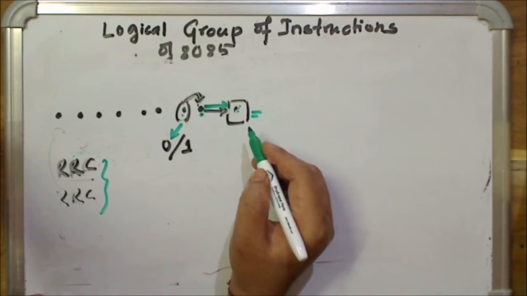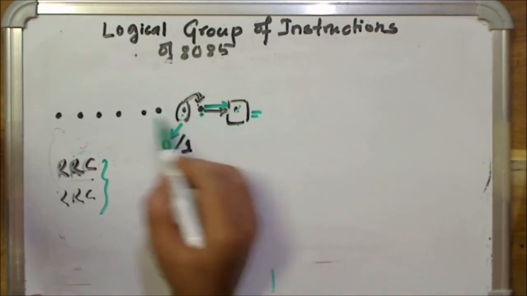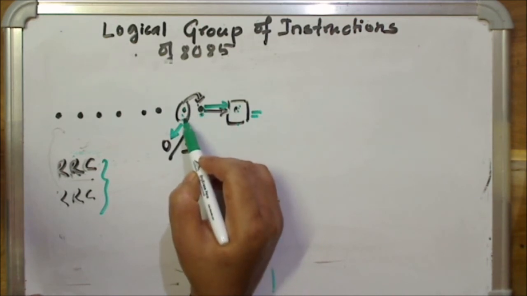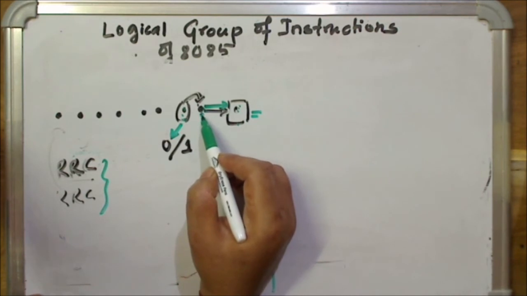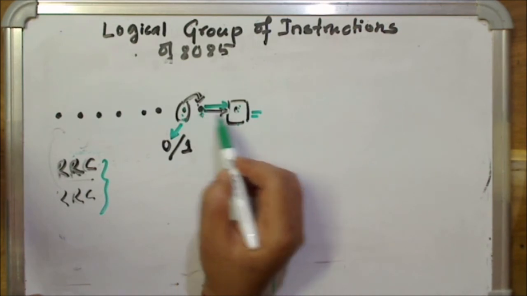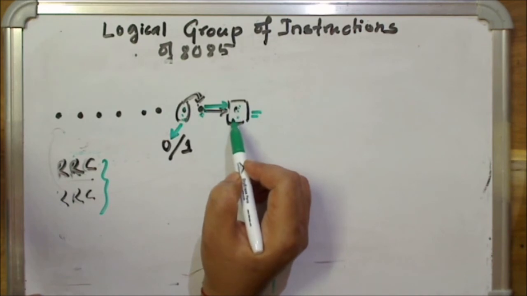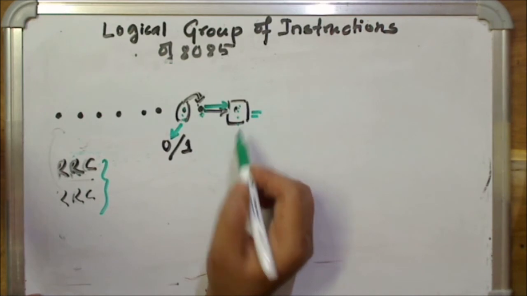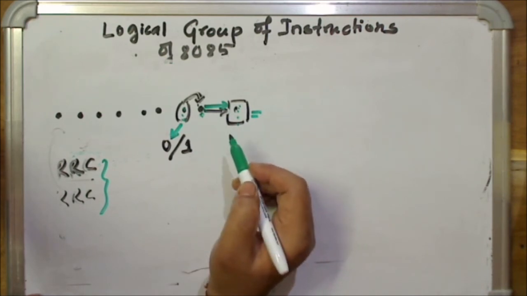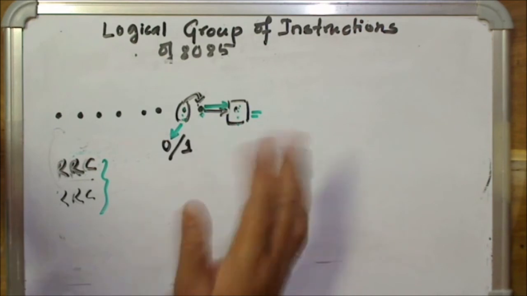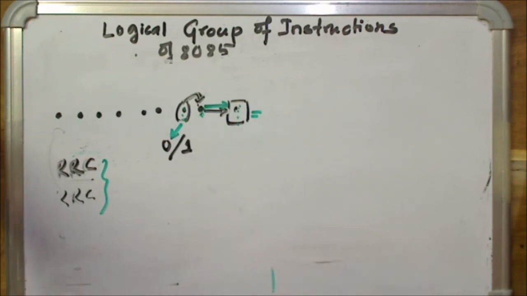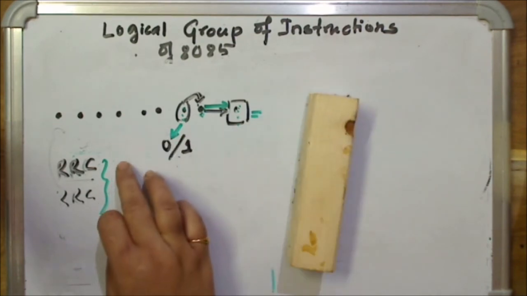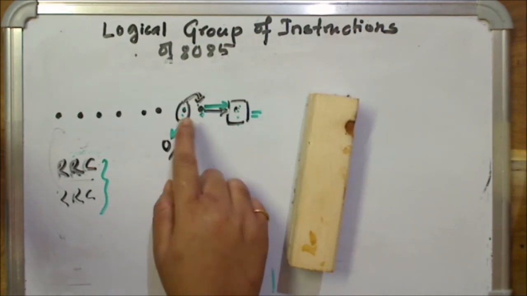So after the second rotation, the bit will come to the carry flag. Understood? After the first rotation, the bit you want to detect has come to the LSB. After the second rotation, this bit will go to the carry flag. So now seeing the status of the flag, you can say whether it is 0 or 1. Simplest use, as if I tell you whether the number is odd or even. Okay, you understood this? How to detect a bit whether it is 0 or 1? Simply you write 2 times RRC. In the first RRC, it will go to the right.